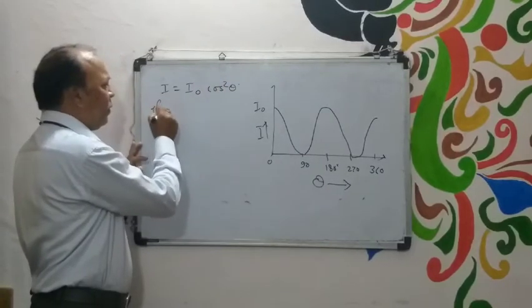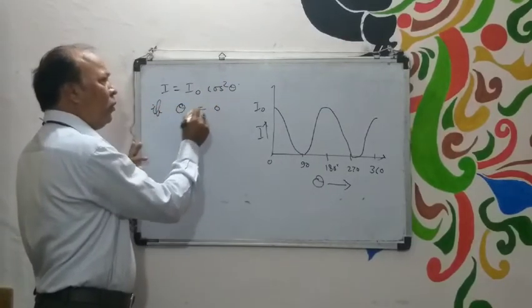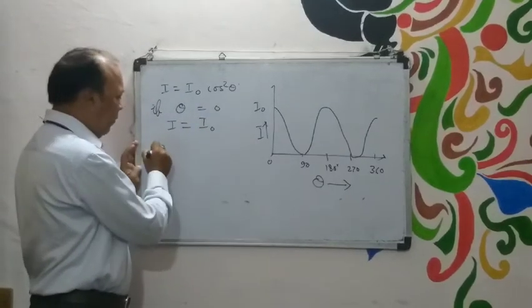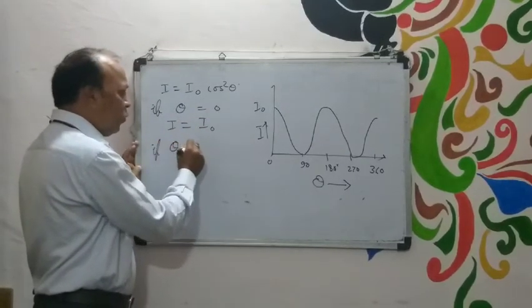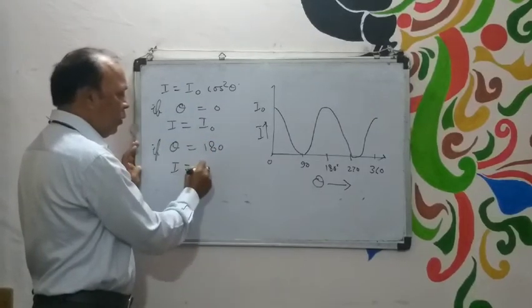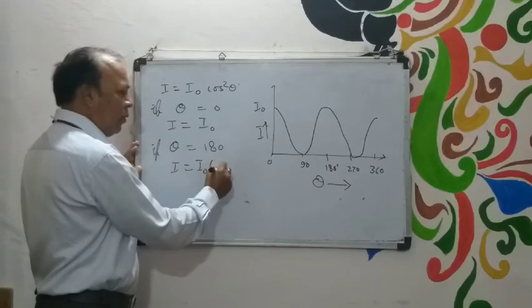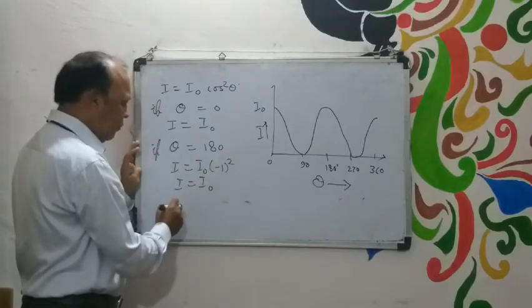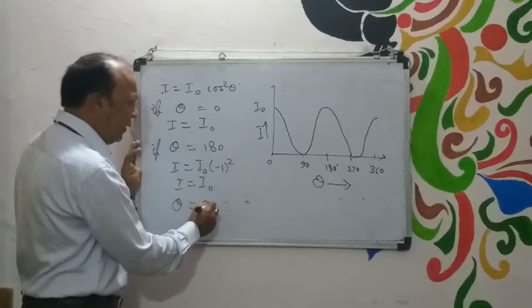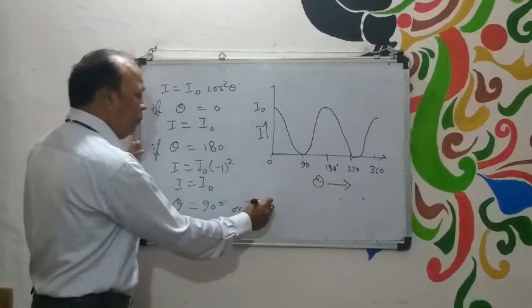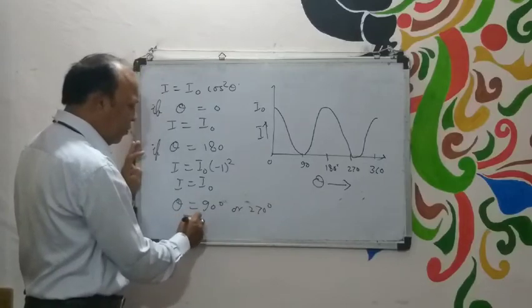If theta is equal to 0, then I is equal to I naught. If theta is equal to 180 degrees, again I is equal to I naught times (minus 1) square, so I is again I naught. But when theta is equal to 90 degrees or 270 degrees, we find that I will be equal to